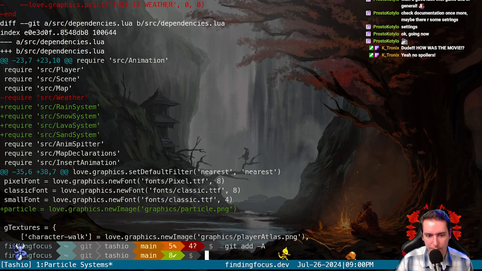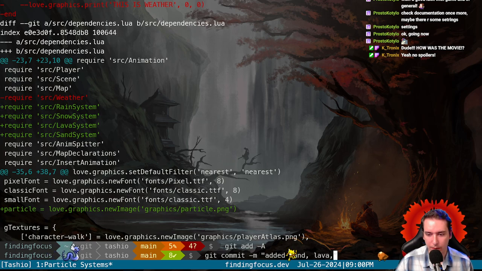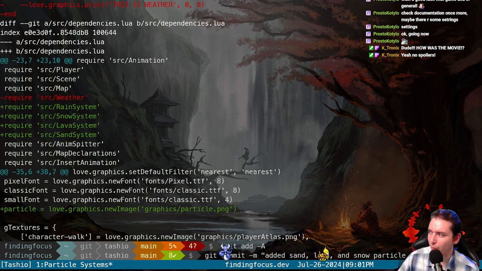I'm gonna git add everything and commit with a message saying that we added sand, lava, and snow particle systems. That's huge. So tomorrow I think we might tweak particle systems a bit more, but I do want to get down to a deep dive of planning out long-term goals for the game so that we can hopefully commit to a 2-year development cycle. So I'm going to try to do some sprint planning to help keep the project moving